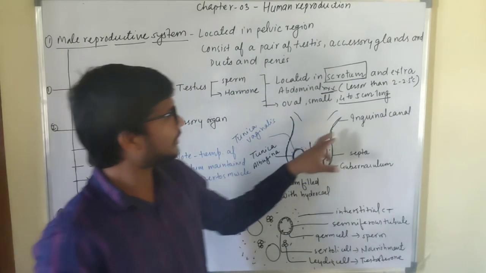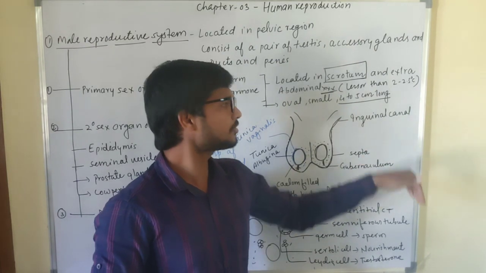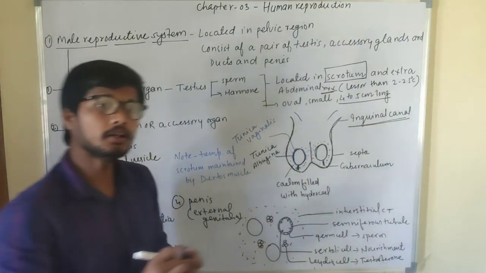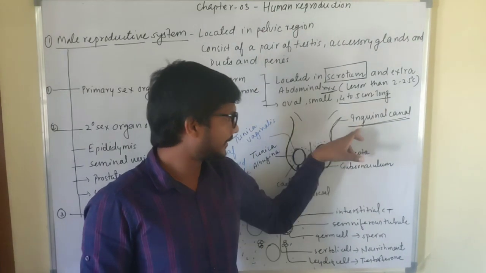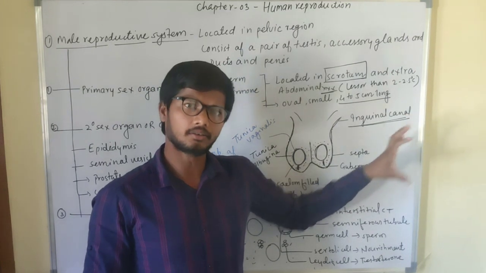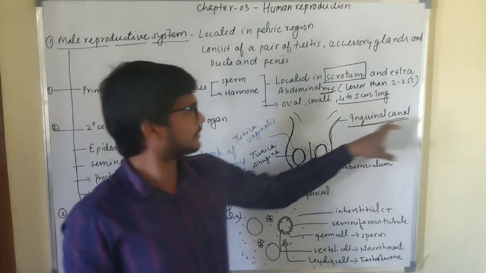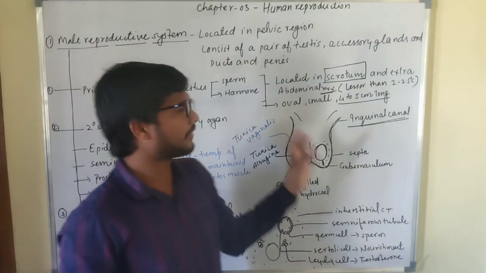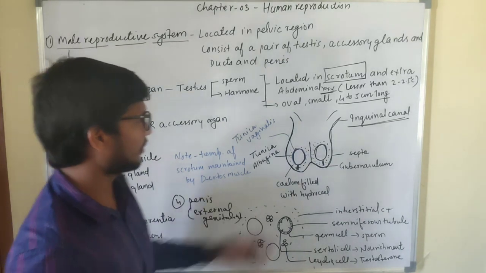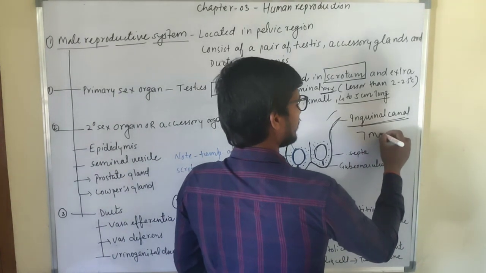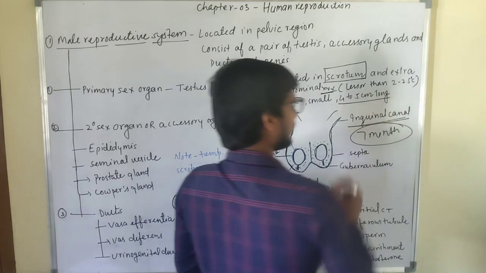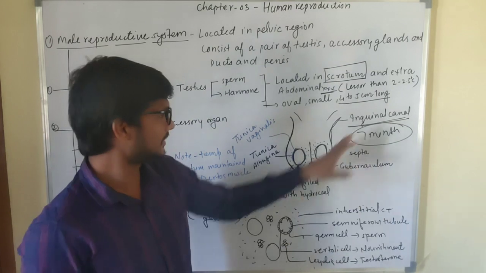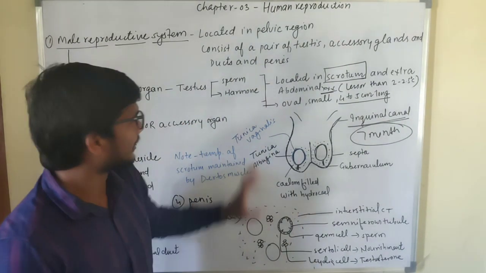So from the abdominal cavity to the outside, there is an inguinal canal that provides the proper connection. The inguinal canal is just attaching all those cavities, and through this the testis descends into the scrotum after embryonic development, during the 7th month of pregnancy. Testis descends into the scrotum during the 7th month of pregnancy, and this is the structure that is going to help. Let's come to the point.